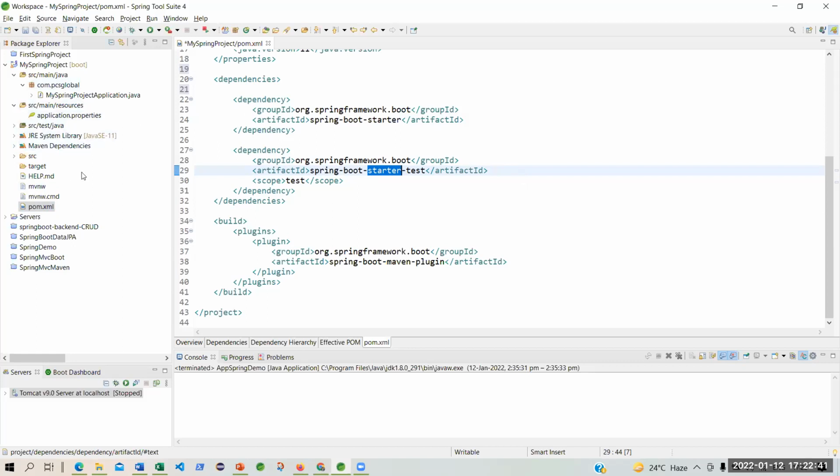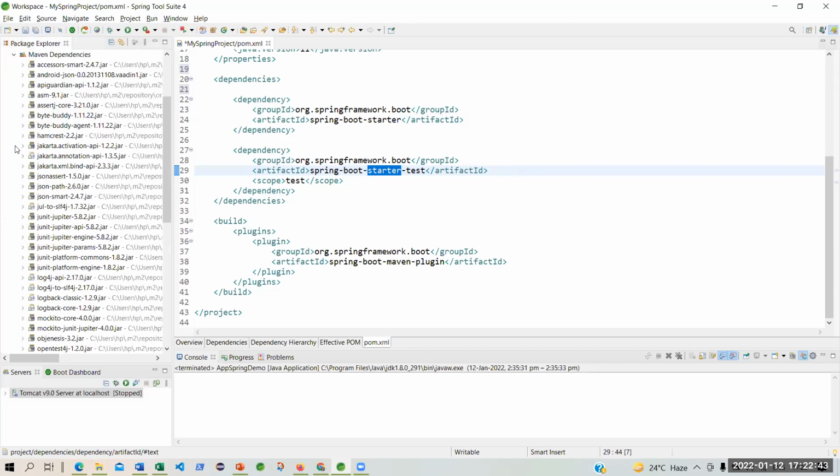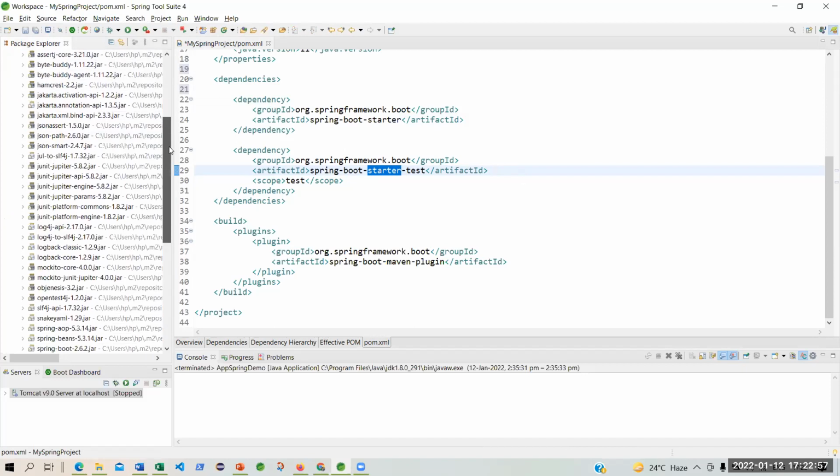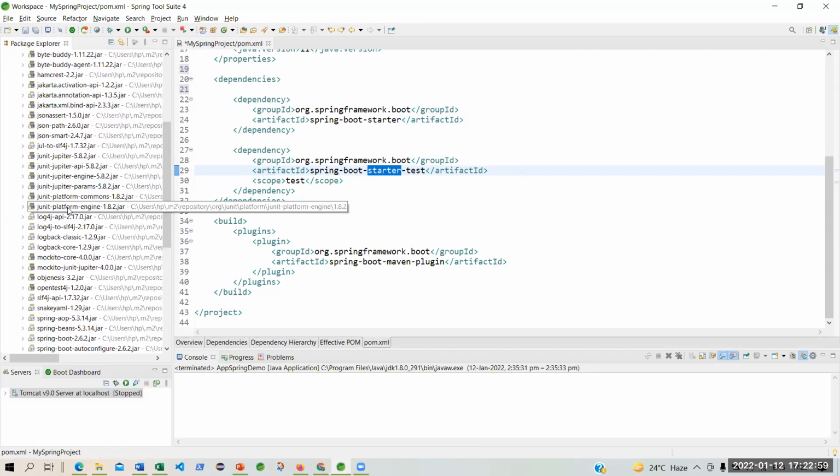To build the entire project, Maven will have so many things. It has to have a Jakarta annotation API. It would have to have AssertJ core. These we will also learn. Then the JUnit platform. JUnit is the testing platform for this starter test.